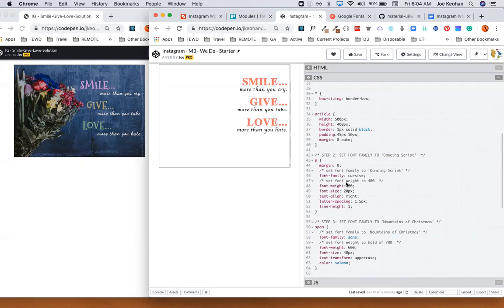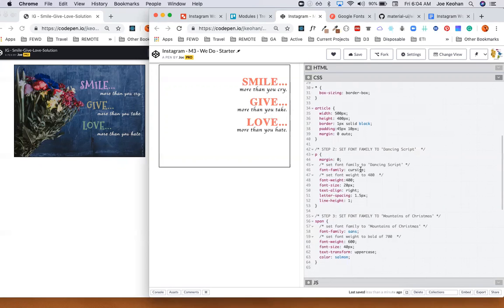So first thing we want to do is apply some fonts. Make it really sleek with some cool, stylish fonts. That's what I'm feeling. So